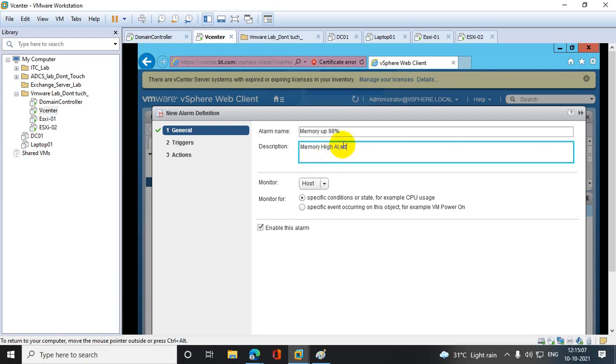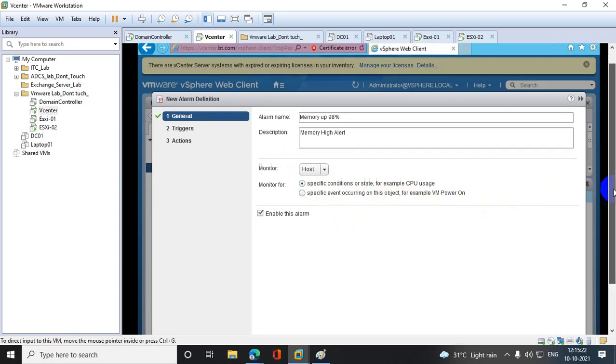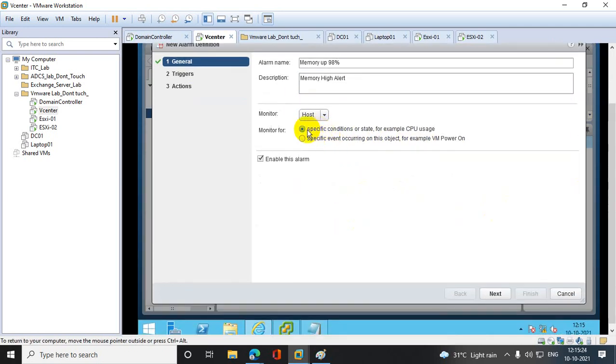Okay. Monitor what you want to monitor: a host, specific condition or state, for example CPU usage, or a specific event occurring on an object like VM power on. Okay, so I am selecting these options.